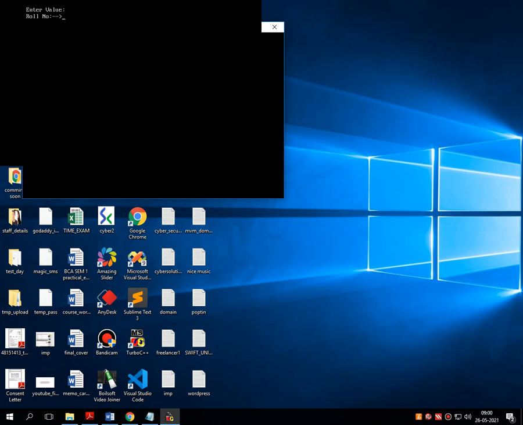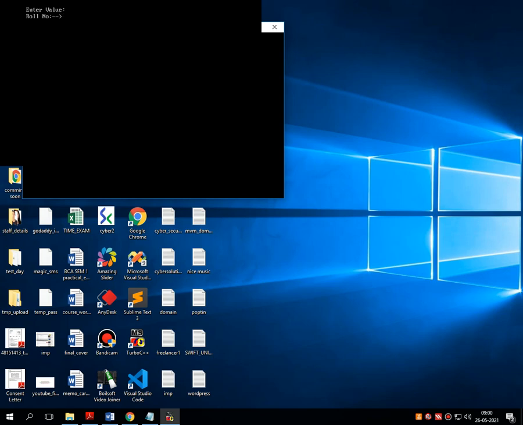Suppose here I am giving my roll number as 2. Then the second data it accepts is the name of the person. Suppose I am giving my name. Then once you press enter, there is a message, want to enter more? Obviously yes, we have to create another node. This is node number 1. Node number 1 contains the information, or you can say the data, 2 and Gaurav.